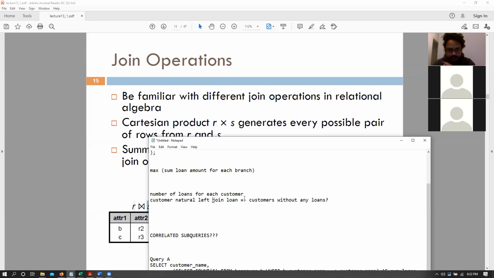What about, and for the next one, I want someone other than Alex to answer. What about the same question where we actually want customers with zero loans to come up? But what if we had loan here and customer here? Again, the same thing, but we have switched the tables. So would this join operation here get me customers without any loans? And not Alex, anyone else? Would this get me customers without loans? Yes, no,